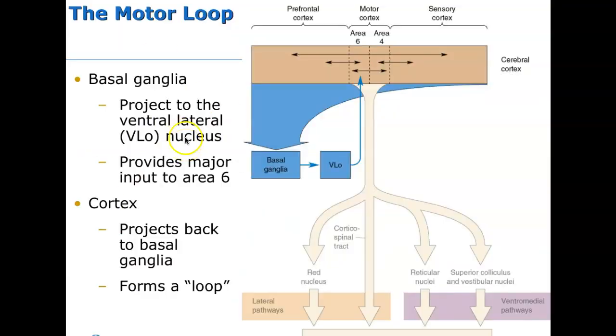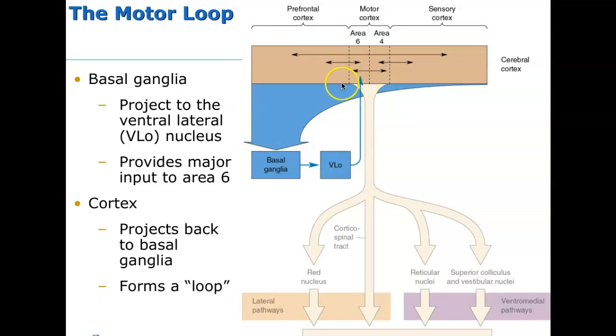Here is a schematic of what the basal ganglia do in this large schematic that you're already familiar with, that contains our spinal pathways and also our motor cortex pathways. So we've already talked about the role of area 6 and area 4, which is the M1, and then the M1 feeding into the corticospinal tract, the rubrospinal pathways, and the ventromedial pathways. We will eventually fill in this gap when we talk about cerebellum in just a moment, but for now let's look at the basal ganglia